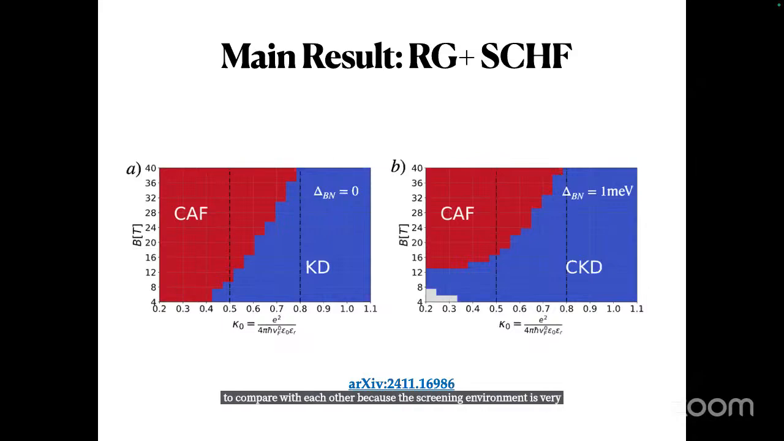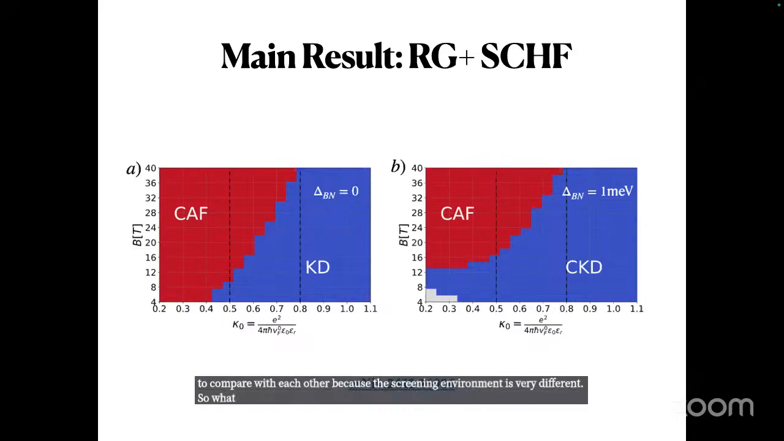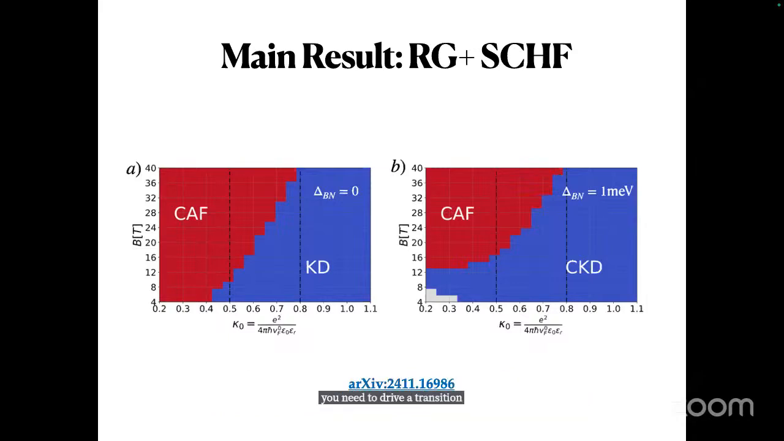Maybe connected to that, what controls this boundary, the minimum magnetic field that you need to drive the transition from the Kekulé to the canted antiferromagnet? Yeah, what controls that value? Is it the